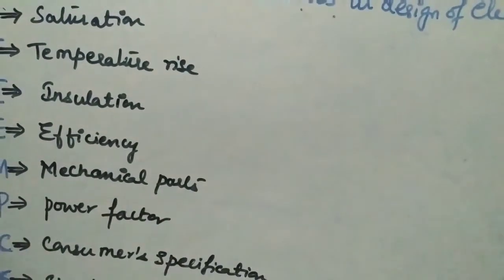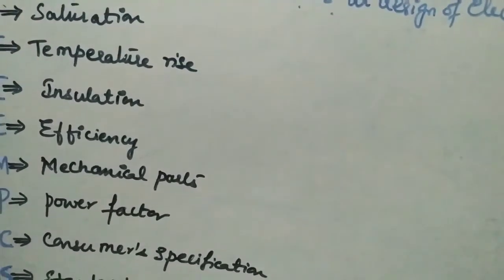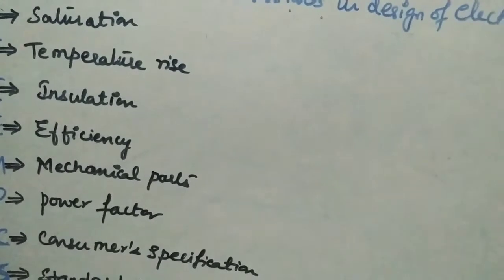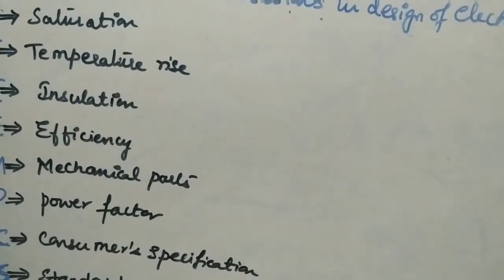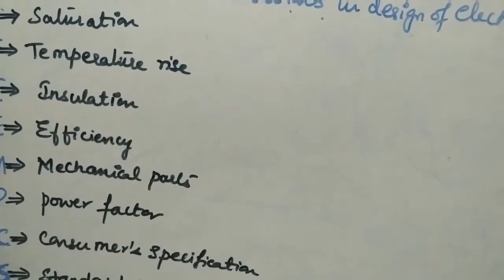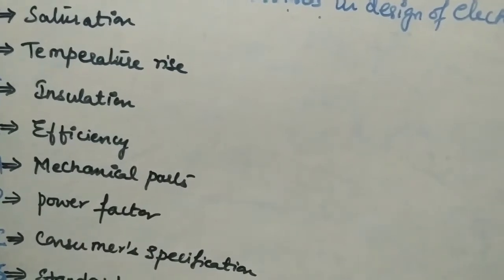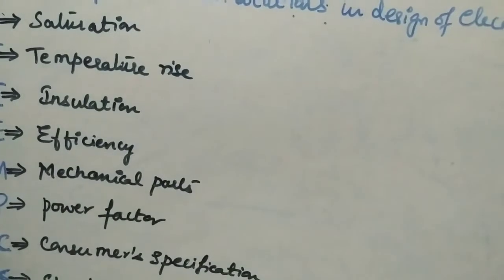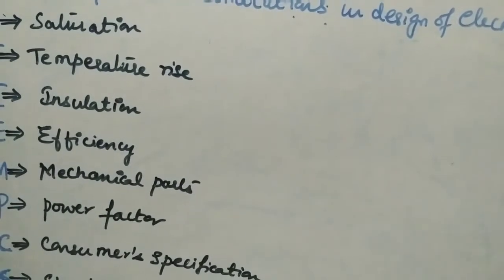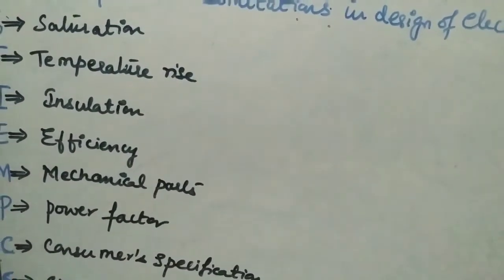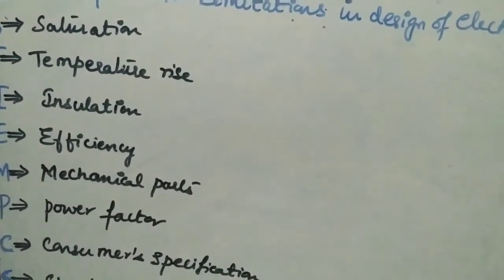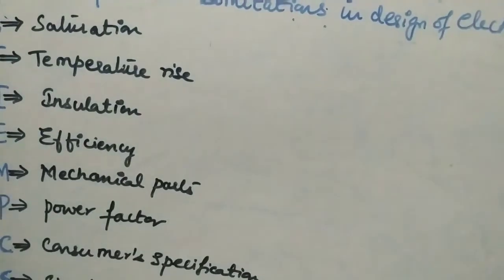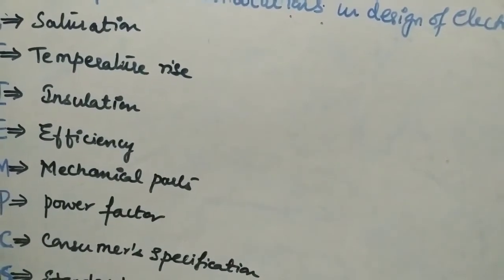Next, coming to the mechanical parts. The size of the shaft should be such that it does not give rise to an excessive unbalanced magnetic pull. We have to remember that keyword, unbalanced magnetic pull, when the shaft is deflected. In large machines, the size of the shaft is decided by considering the critical speed, which again depends upon the deflection of the shaft.